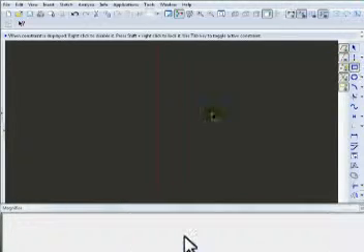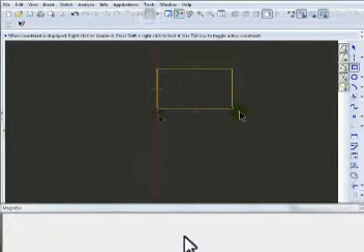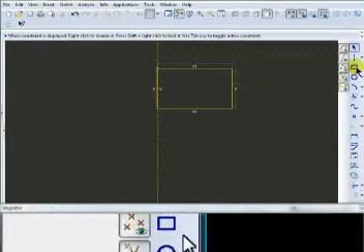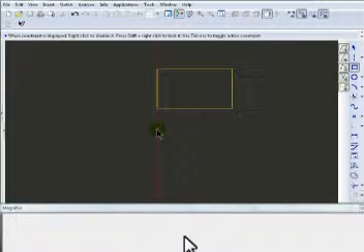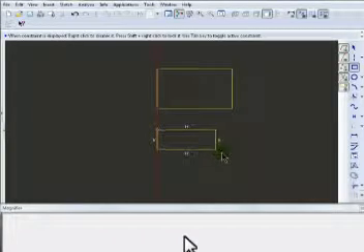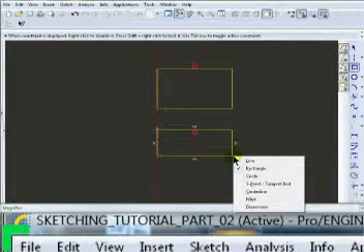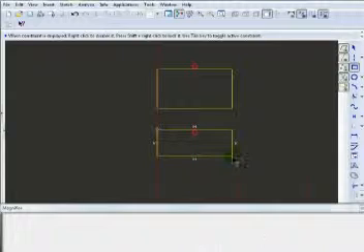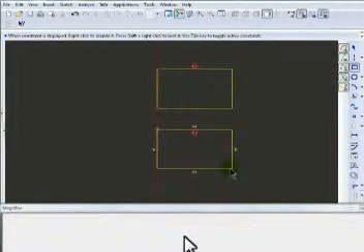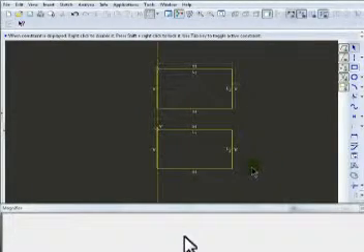Now the first geometric element is a rectangle that lies right on the center line, and we're supposed to repeat that and get two identical rectangles. Now you can see that L1's flashing, and to lock this, hold the shift key and right mouse button. And now the length, L2, shift key and right mouse button, and now you can click. Now we have two identical